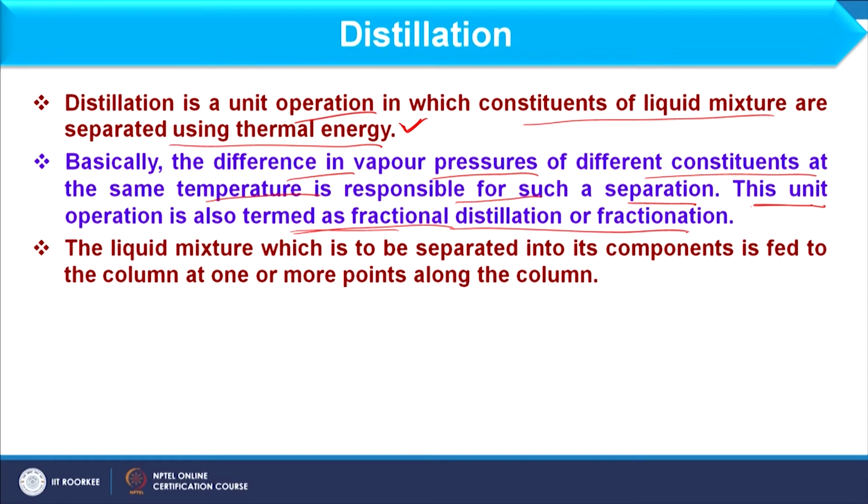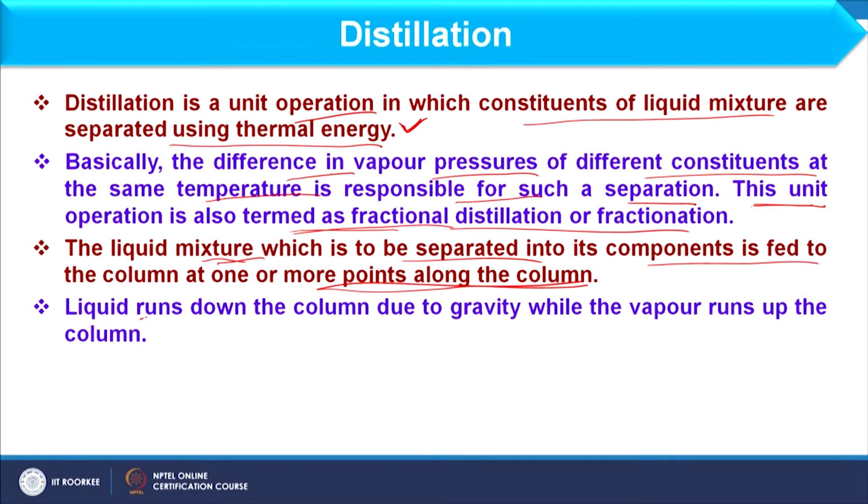And further, the liquid mixture which is to be separated into its components should be fed to the column at one or more points along the column. It means we can have a multiple feed system in distillation column, and accordingly we can choose the insertion of the feed. In the distillation column we observe that liquid usually runs down the column due to gravity, while vapor moves up, which is the natural